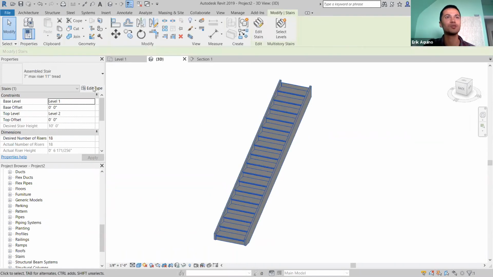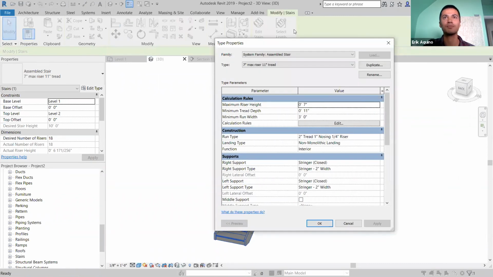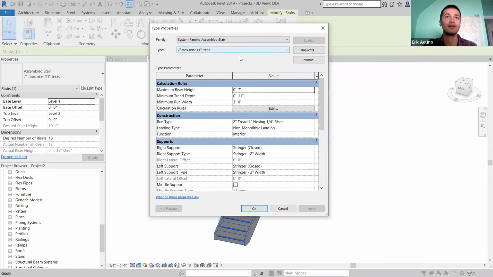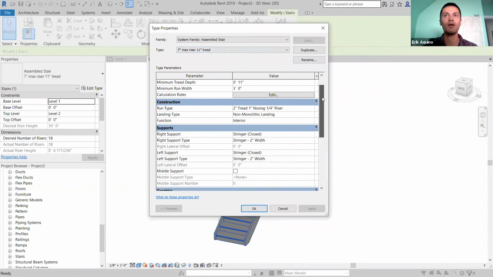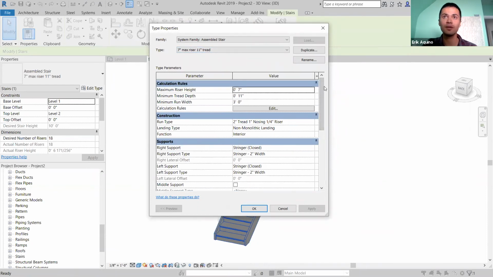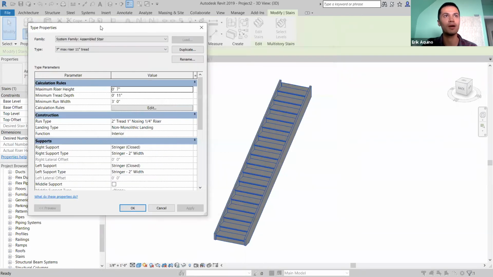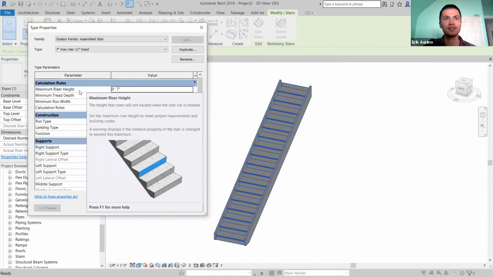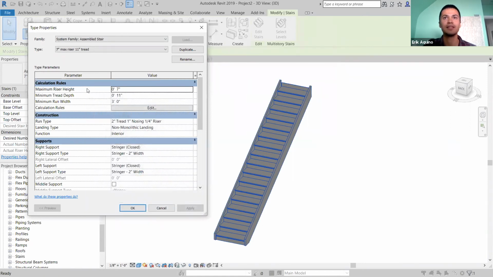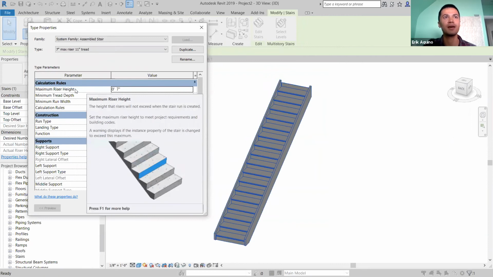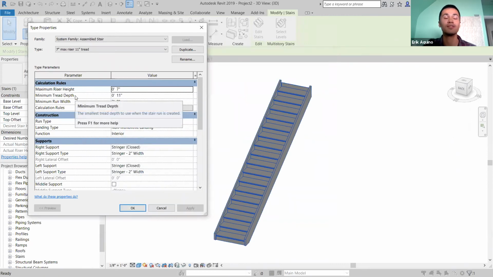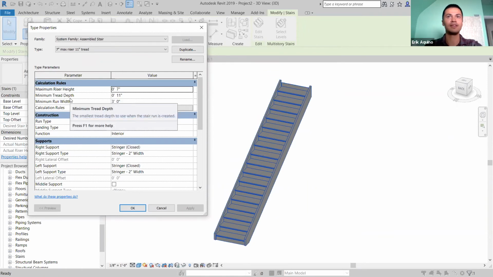So we'll go to its edit type properties, and we'll have, again, a similar dialog box to our wall. What we'll be concerned with are the calculation rules, construction, and supports section. So I'll go through them one by one. This section determines the datum extents of the key elements in the staircase. So we're determining the height, the depth of the steps, and then the width of the